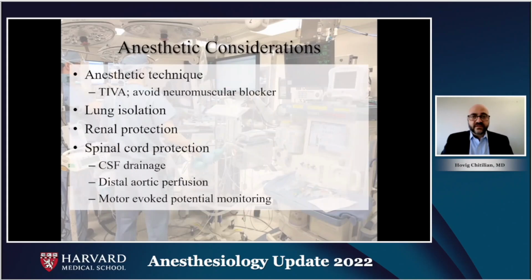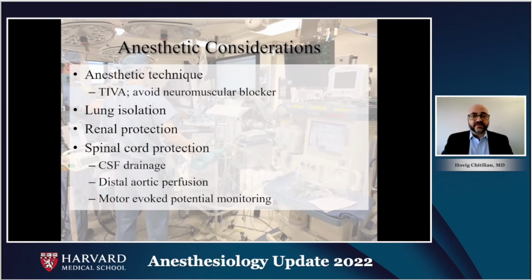With respect to the anesthetic itself, the technique typically involves a TIVA with the avoidance of neuromuscular blockade. This is to facilitate motor evoked potential monitoring. Lung isolation is required. So one lung ventilation of the right lung to allow full access to the left thorax. Renal protection will be discussed later, and then spinal cord protection techniques, including CSF drainage, distal aortic perfusion, and motor